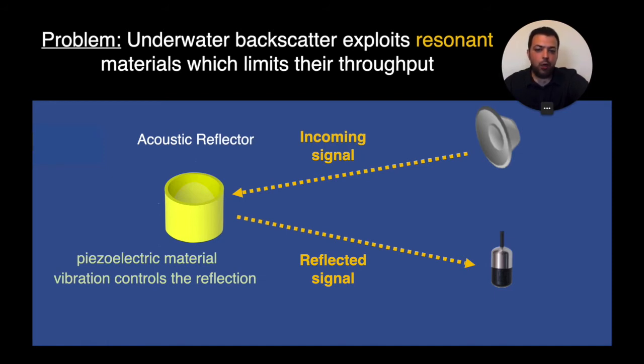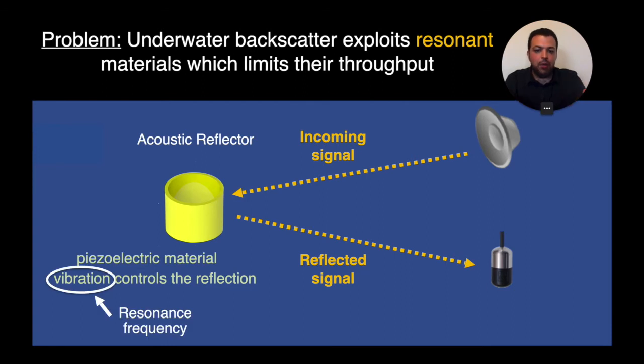For those of you who are not familiar with what resonance frequency is, let me give you an example. You can think of a guitar and a string of the guitar. I don't have a guitar here, but this is a string-based instrument. If I pluck any of these wires, you will hear a different sound. The reason is each of these wires has a different resonance frequency, and when I pluck them, they tend to vibrate at their resonance frequency. So similar to the string of the guitar, the piezo tends to only vibrate around its resonance frequency.